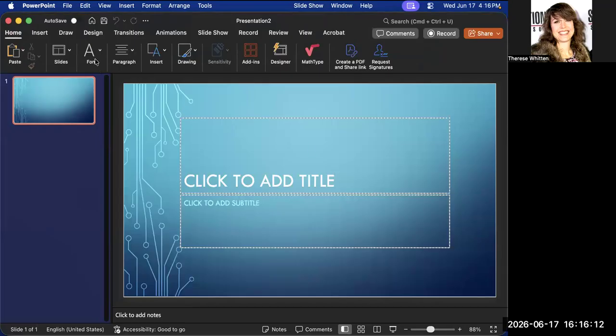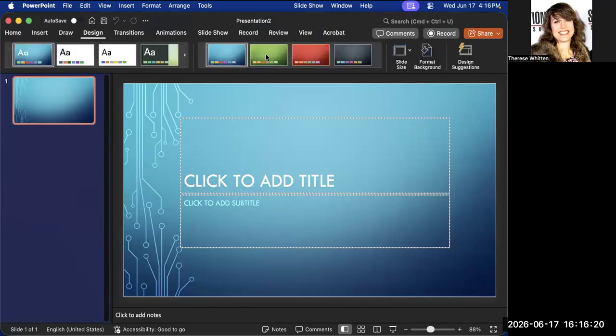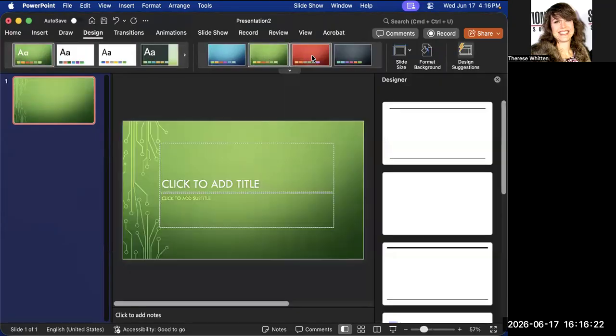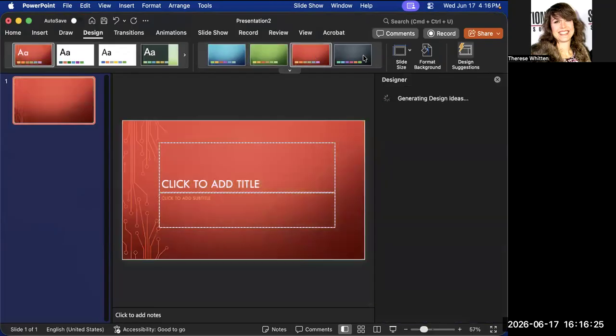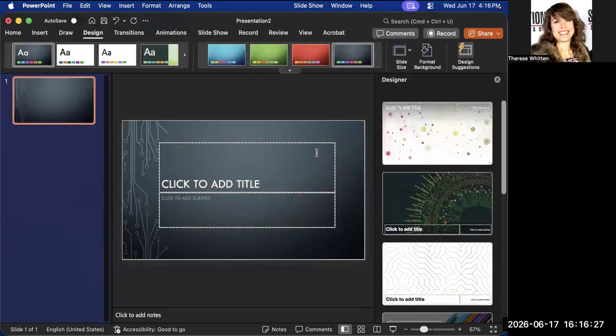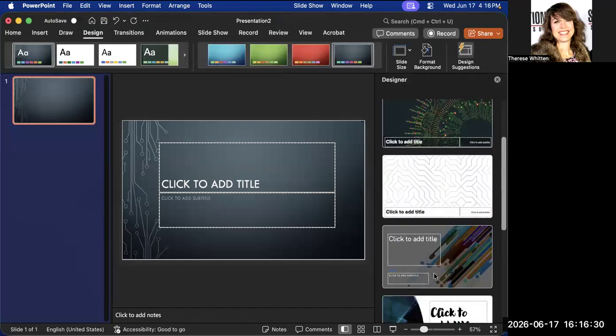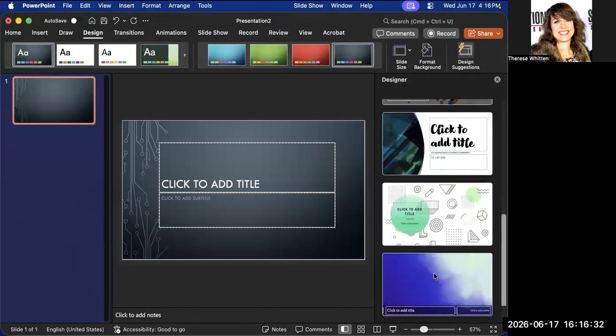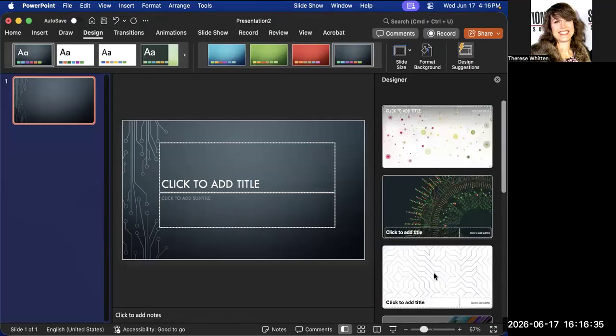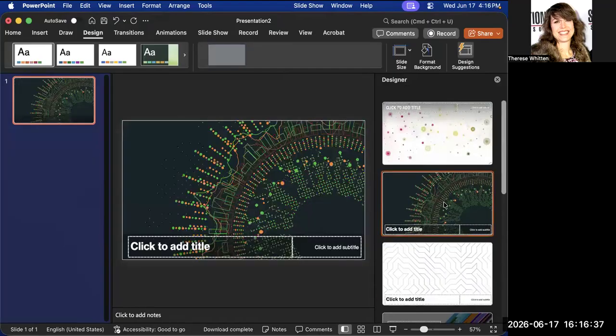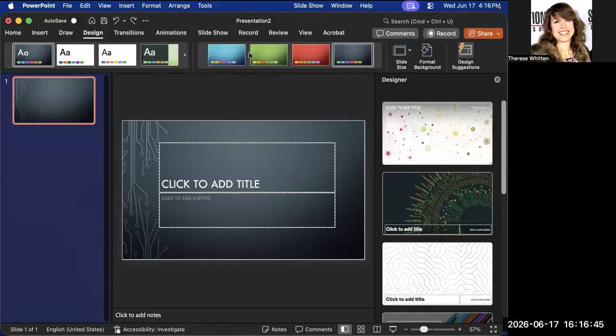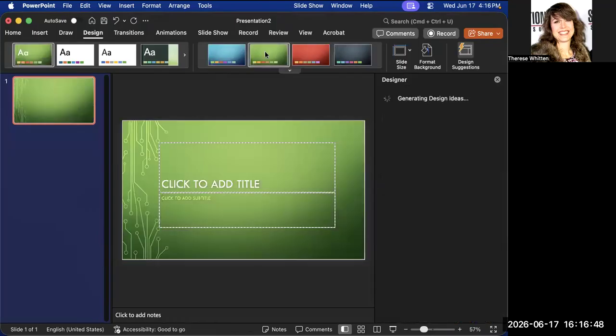Something that you may or may not know is you can change the color scheme. How do you do that? Well, we go to design. We can go with the green. We can go with red. We can go with black. We can even go over here in the design and it will give you more choices. However, this one's pretty cool. I kind of like that. That's pretty interesting. However, I think we're just going to stick with this right here because it doesn't pull